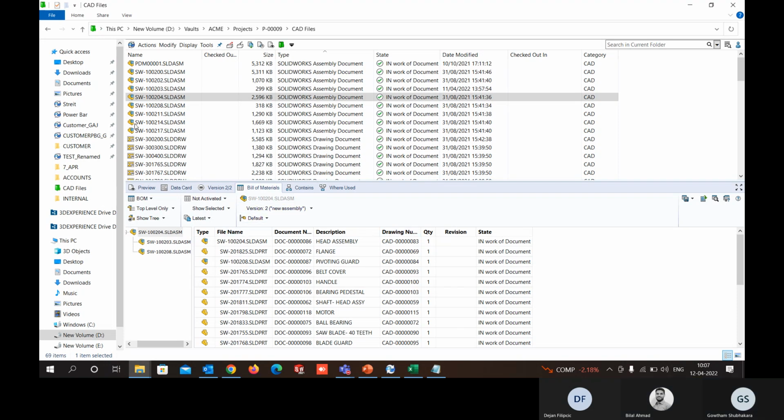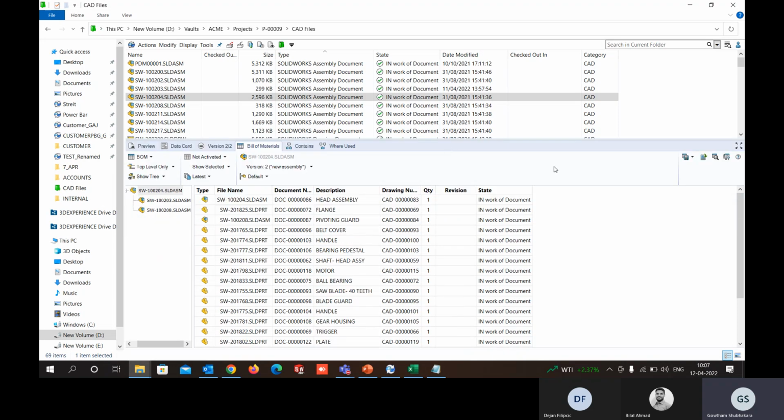Okay. Now these are some of the remaining things: the views and type of bill of materials, and showing the version, and it's all about the tree. As I told, if you want to have a bill of materials where you can compare between the versions and between the types of bill of materials, we are going to do that. Before that, when you have a complete assembly,